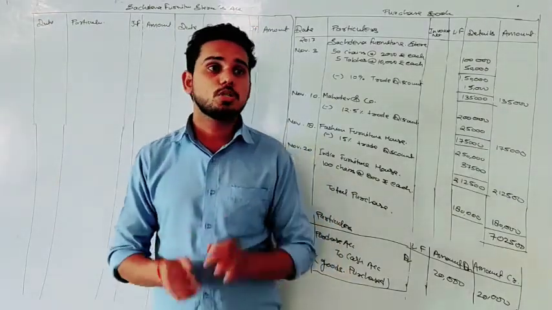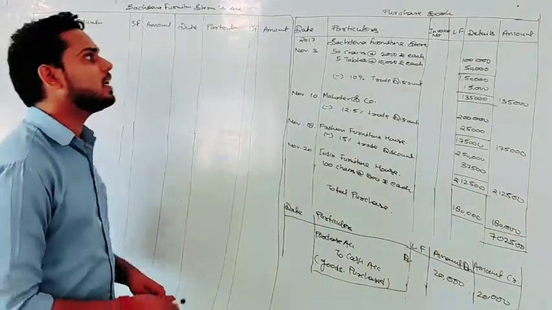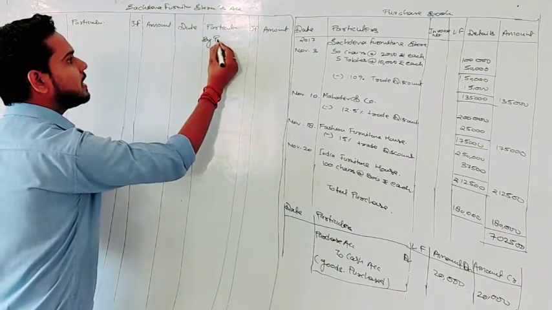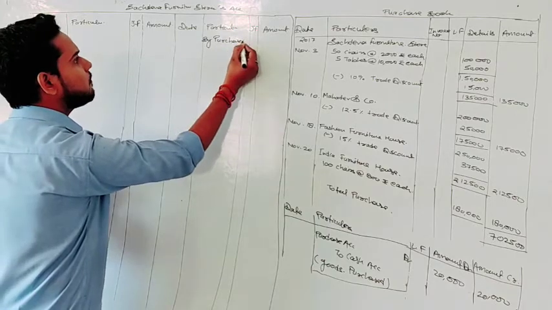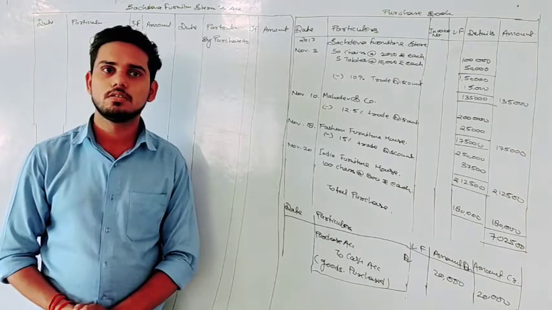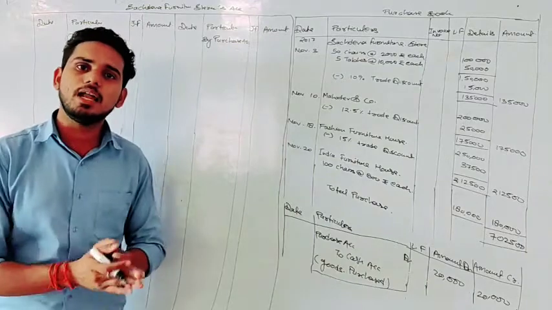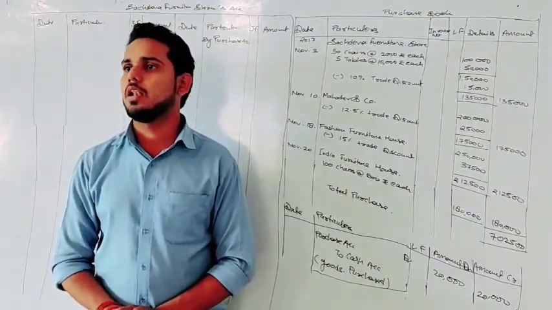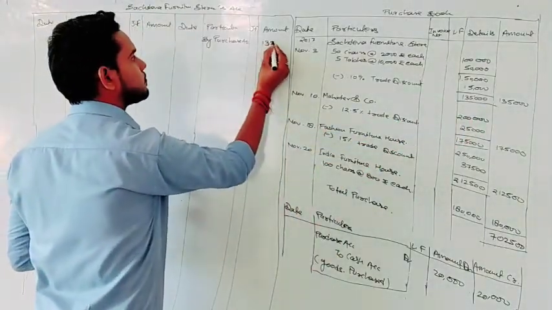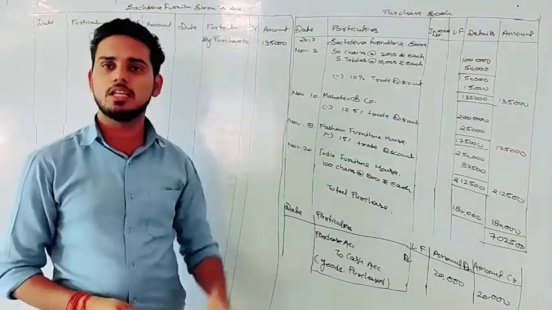And what will you write? By purchase. So the same thing we will do here also. As that will be posted on the credit side, you write on the credit side the same thing the way we write in a journal entry, and that will be by purchase account. Any confusion? So the ledger posting from a subsidiary book is similar to ledger posting from the journal. No confusion, and the amount will be, sir, 1,35,000. This is done. Okay. Now the next account we need to prepare is Mahadevan Company.